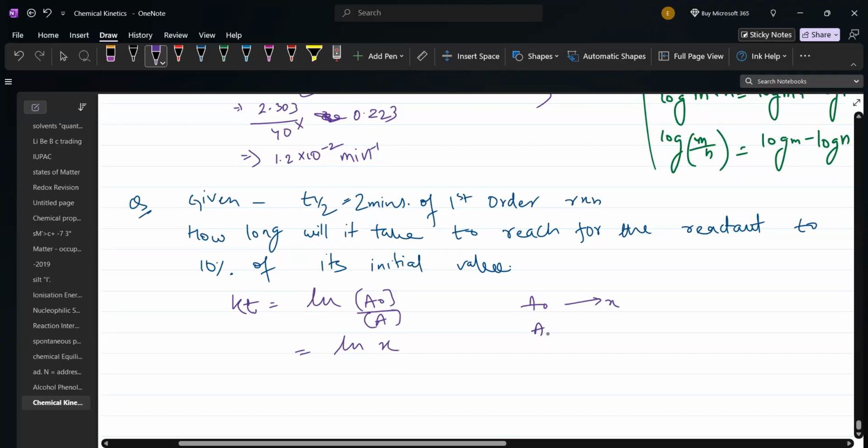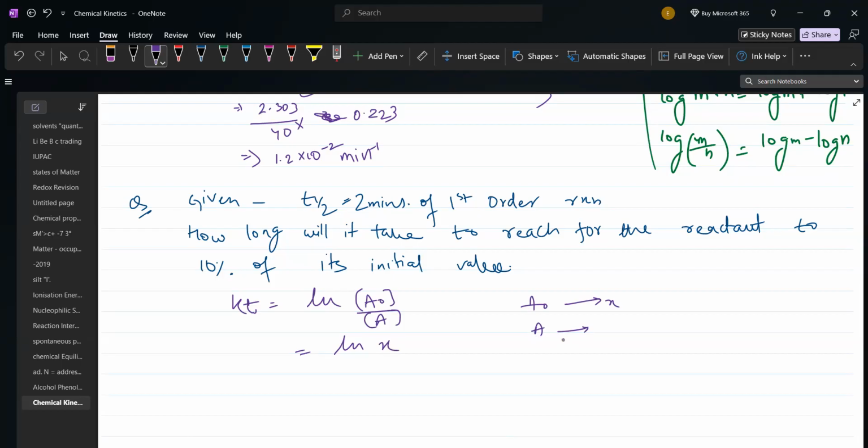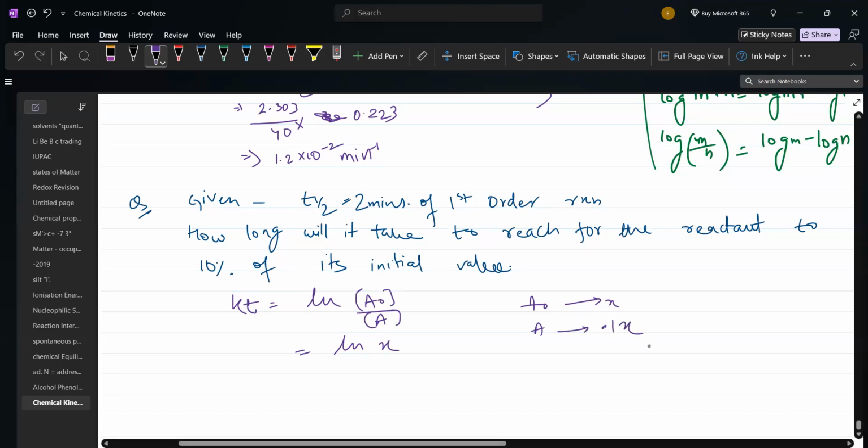T half is given as 2 minutes for first order reaction. So we can find K through that formula, t half is 0.693 upon K, right? So we will get the value of K. Understood, Rishita? From here we can get the value of K and we will put it in there. Please do it fast because the time is already